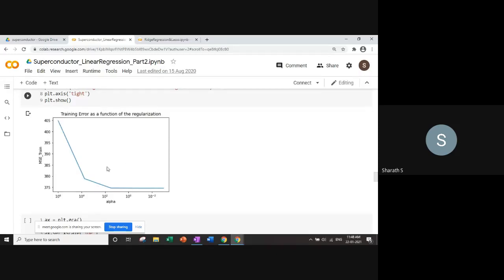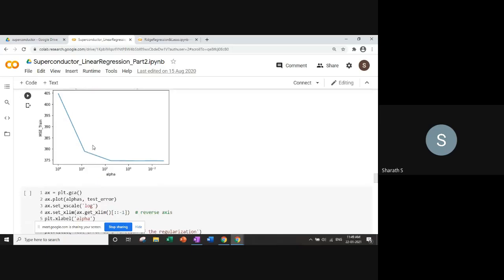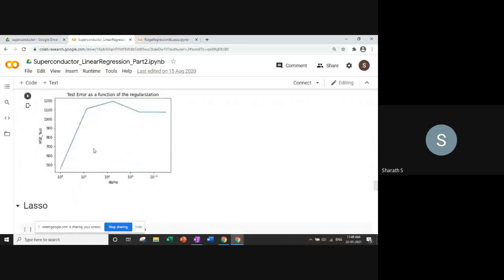Okay, but you cannot understand, or you cannot say what is happening to the model from this. You have to actually look at the test error. Okay. So if you look at the test error, this is completely the opposite way. So it was high here, and then as you started increasing the weight of your penalty term, the regularization term, your test error has come down.